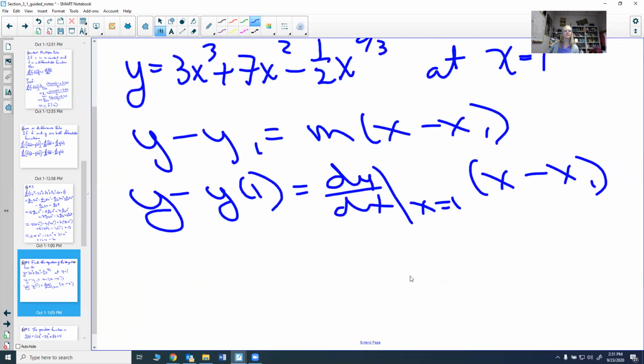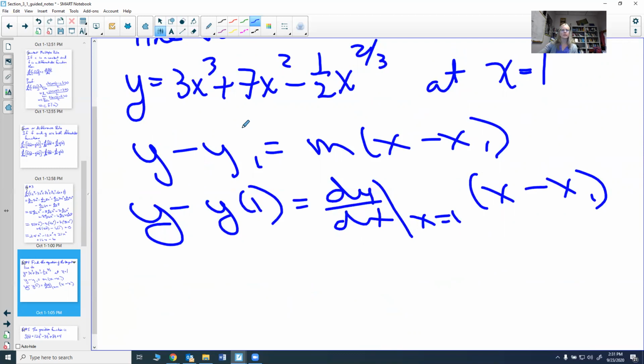So let's go ahead and find that. Let's find this derivative. The first thing we need to find is the derivative of y with respect to x. Then we evaluate it. So first you find the derivative, then you evaluate it. So 3x cubed, bring the power down. 3 times 3 is 9. So 9x squared